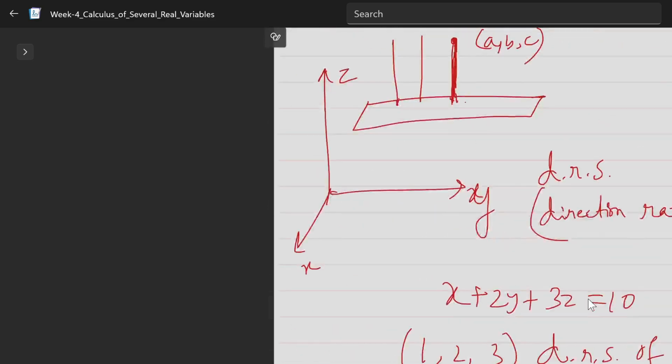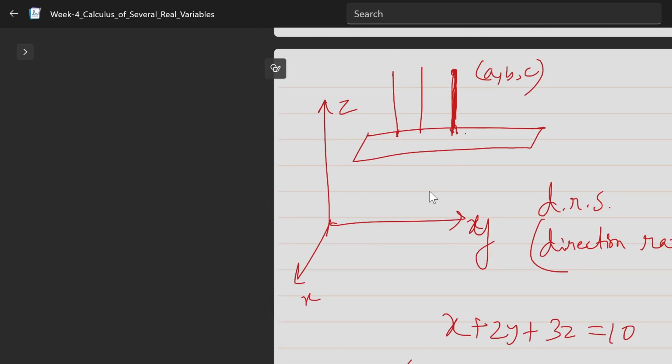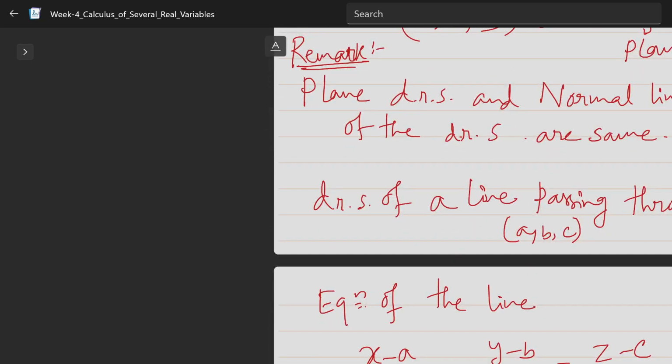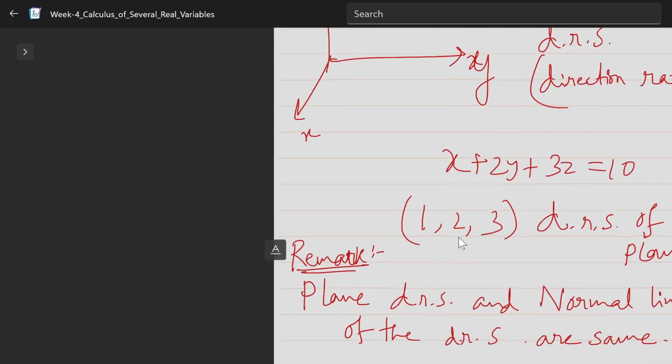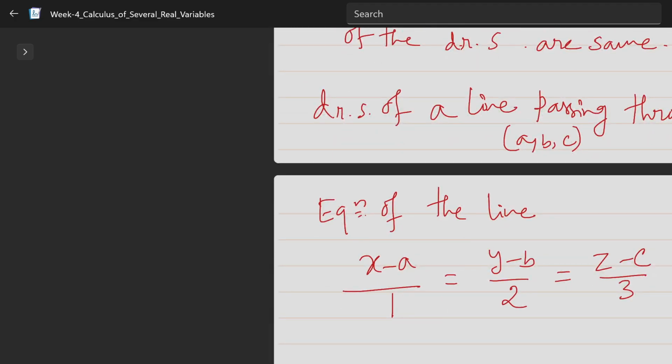And you have to calculate this intersecting point, this black one. So what do you have to do for this? This black point lies on the plane as well as on this line. So suppose this ratio is equal to t, where t is a parameter,